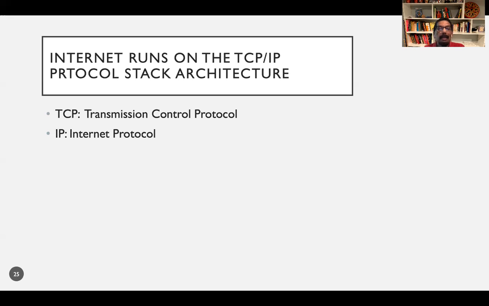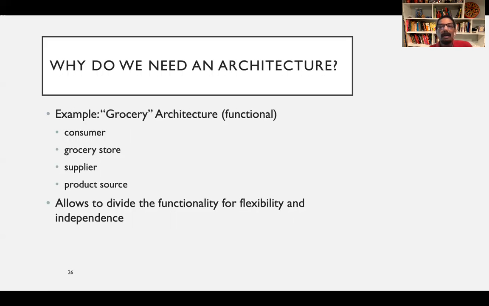Okay. And then the second word, you'll see that I use protocol stack and architecture. What the heck, what does architecture mean? So let me give a different analogy. Let's think about the grocery store architecture. It is, I think, from one of the computer networks books by Jim Kurose and Keith Ross, two people I know very well. And so they said, think about a grocery store. When I go to the grocery store, I'm a consumer, I pick up fruits,